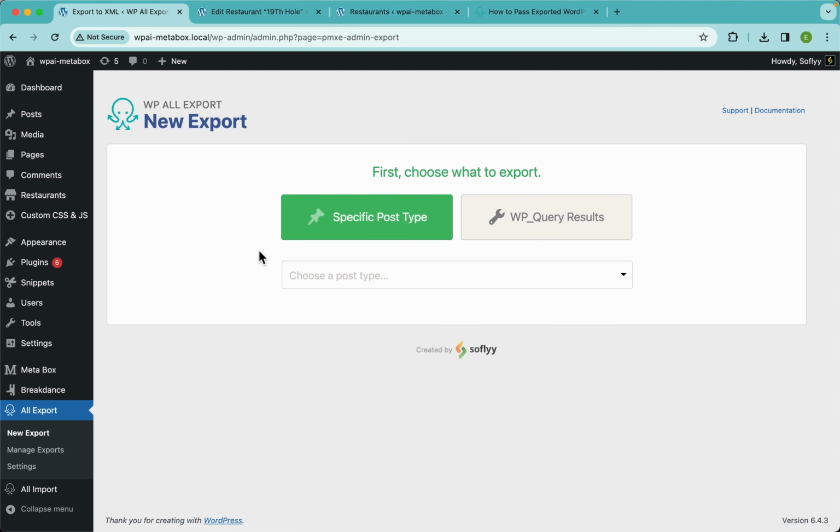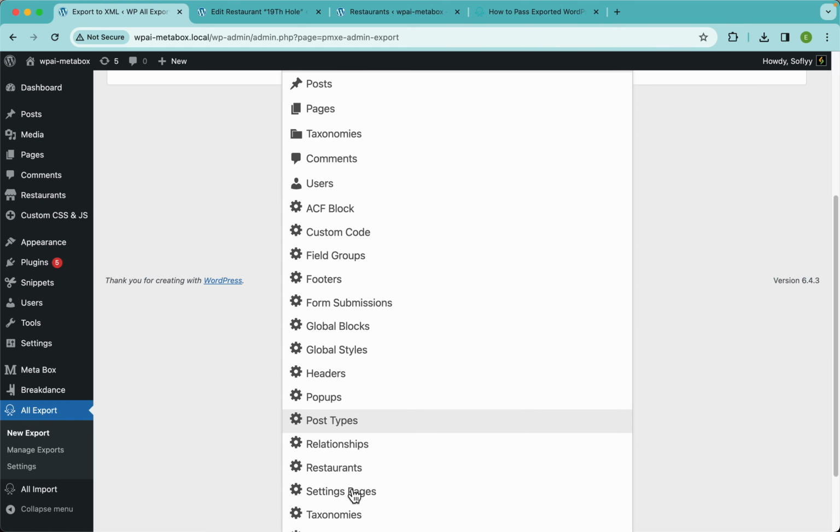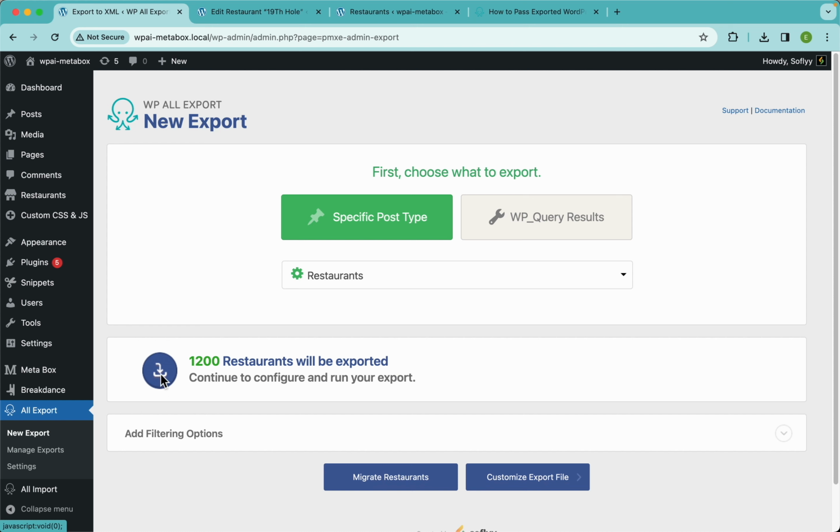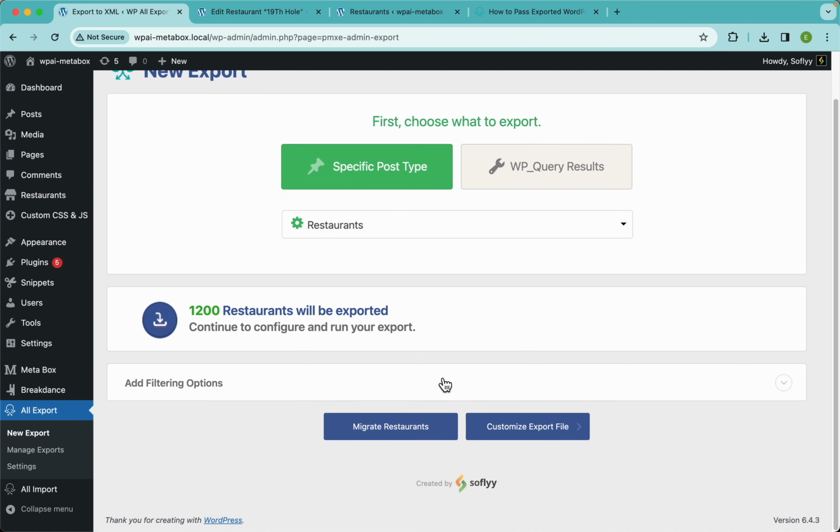So let's start by selecting the post type we want to export, which in this case is restaurants. All right. And now WP All Export is detecting 1200 restaurants, so this is looking good. Now guys, let's say for a minute that maybe you don't want to export all 1200 restaurants, right? Maybe you only want to export the best of the best. So let's say that those restaurants are those whose rating is 5 or maybe 4 and 5 out of 5